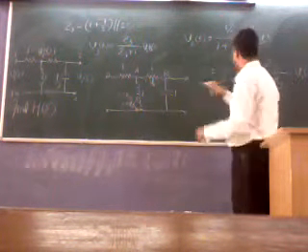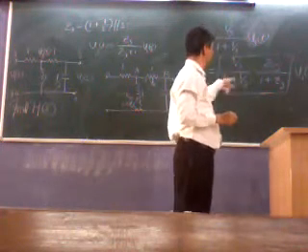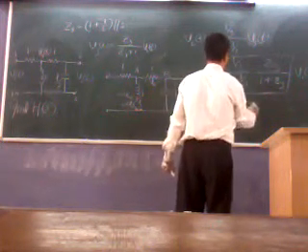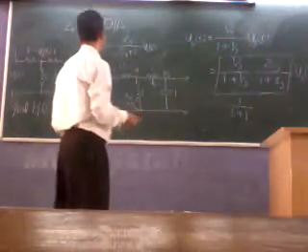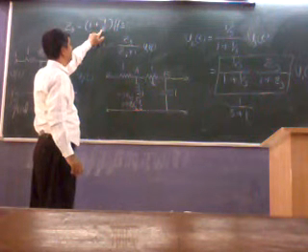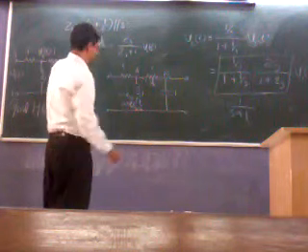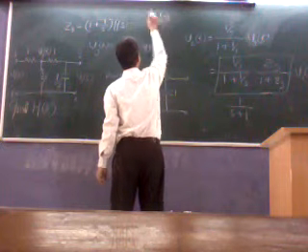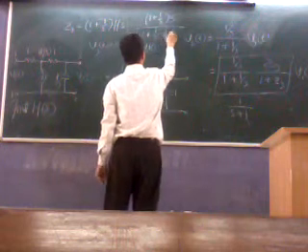So V2(t) upon V1(t) is this: 1 upon s, 1 plus 1 upon s, Z3 upon 1 plus Z3. That is multiplied by s here. So it is 1 upon s plus 1. What is Z3 now? 1 plus 1 upon s parallel with this. This into this upon this plus this. So that is 1 plus 1 upon s into s upon 1 plus 1 upon s plus s.